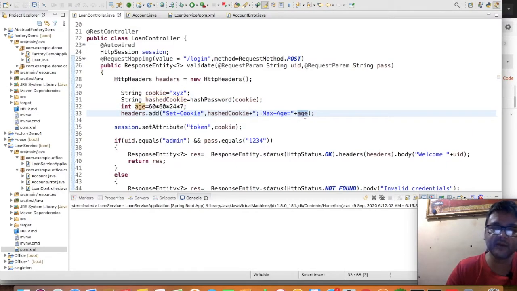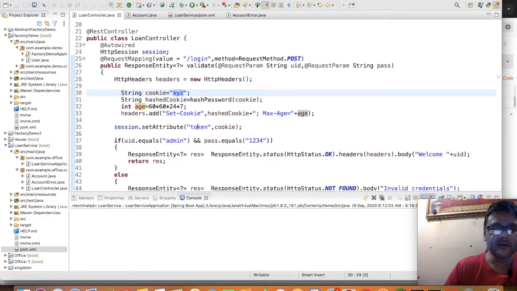I may remove this part also. This is optional. So whenever this response goes to the user, the response will carry the header, and I am keeping this XYZ, whatever we might have used. We could have found the value of this XYZ from the database or something like this. Dynamism I have not added. So I have just kept this cookie the same for everybody. Obviously it should not happen, but just for the sake of example I am showing it. We may find this value from the key from the database.